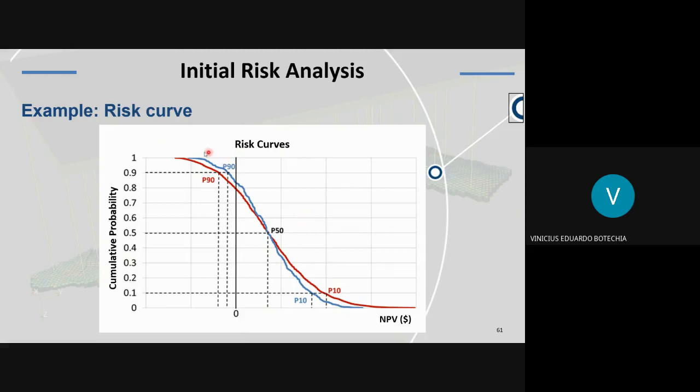scenarios, right? So in this part, you have even negative values for NPV, for instance. Here, you have the pessimistic part of the curve. If everything goes wrong, you have this estimate, and you have the optimistic part of the curve, and you have the most likely probable part here. And what is important in the risk curve is to compare different project options to see if it's risky or not, right? And so on.